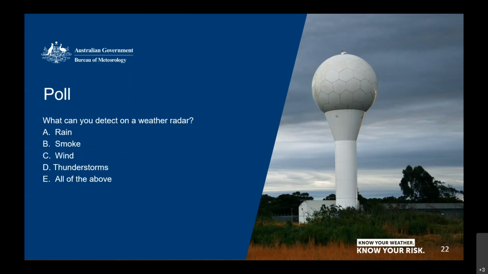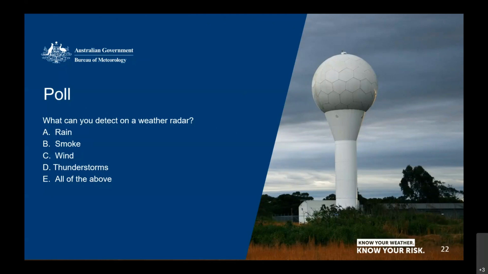Okay, all right, and one more question before we move on. This one comes from Kieran. He said that the scan geometry is slightly curved. It was that image that we saw moving before. Is that a correction for the Earth's curvature? Good question. Yes, look, the Earth's curvature does play a part, and I'm going to talk about that really soon. But there is also another part that we need to consider.